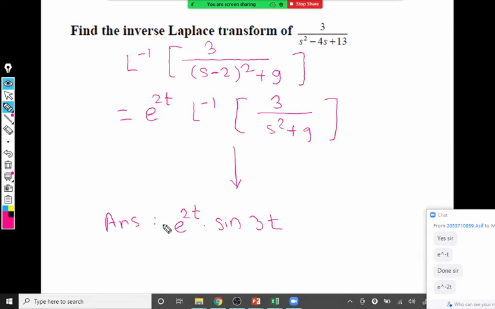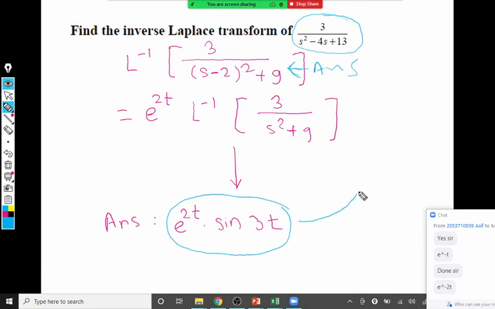For those who are interested or those who want more examples for practice, you can see one important thing: there are very limited functions whose Laplace exists. So what happens? You will come across these types of functions again and again. We already completed examples like this. Find the Laplace of e raised to 2t into sin 3t, and at that time your answer will look like this. We are not simplifying up to here, so directly we keep this as the answer for Laplace of e raised to 2t into sin 3t.